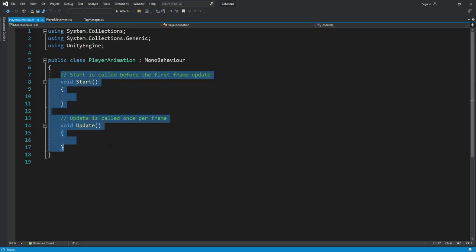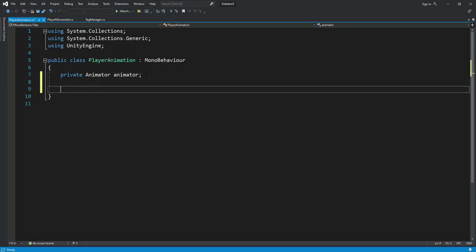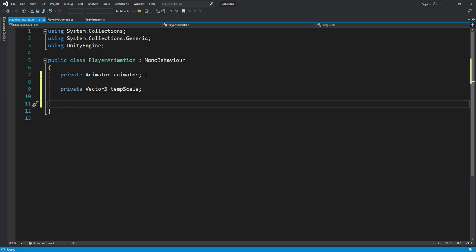First, let's just remove these start and update functions, and right here we will create variables. The first one will be a private variable. It will be an animator type and its name will be animator. Then the next one will be a Vector3 and we will name it temp scale. Then the next one will be a private variable of type integer and its name will be